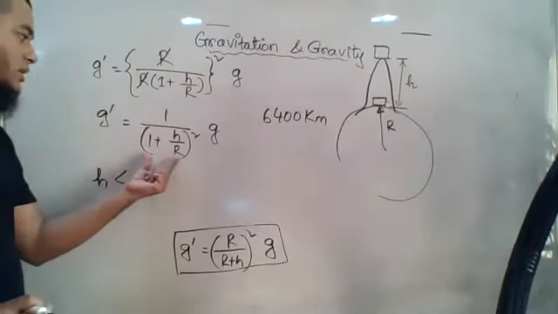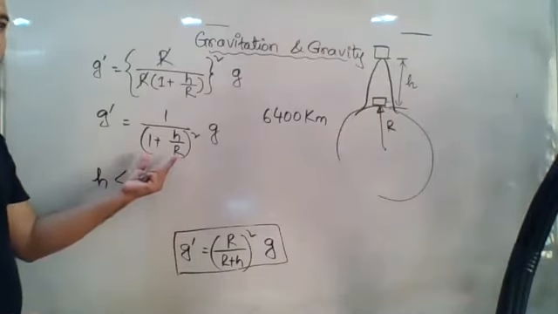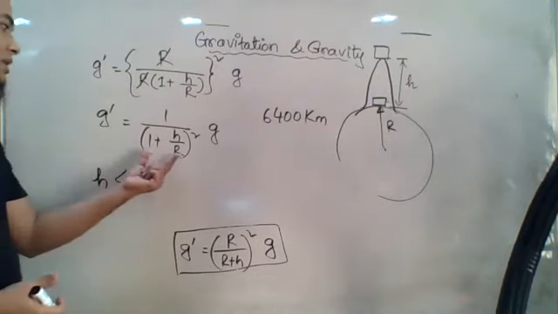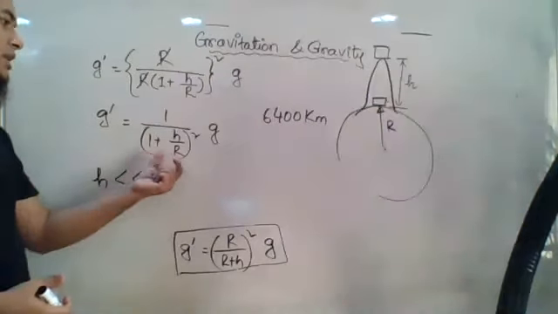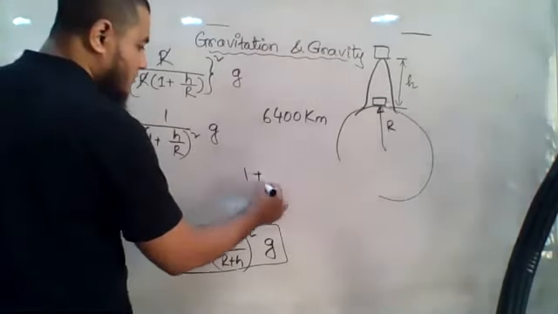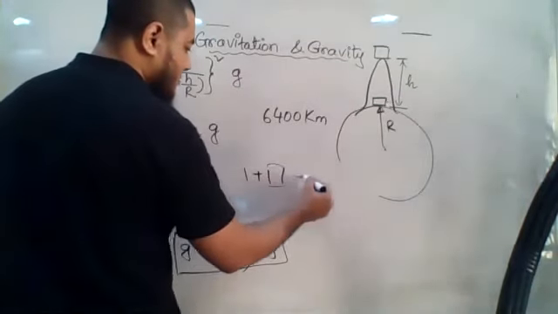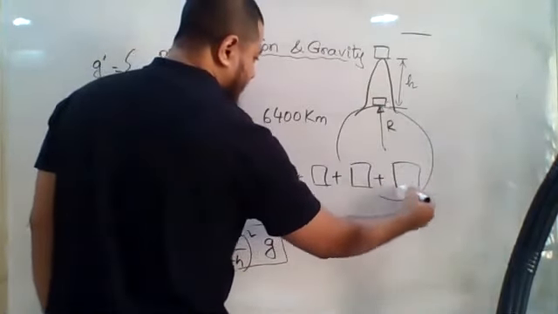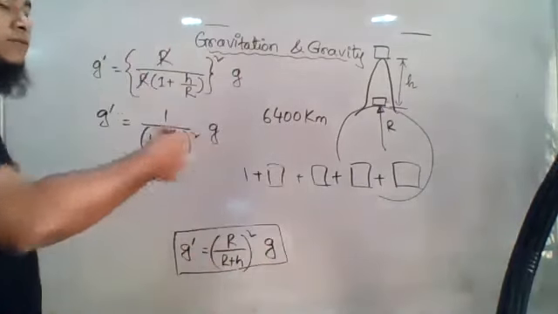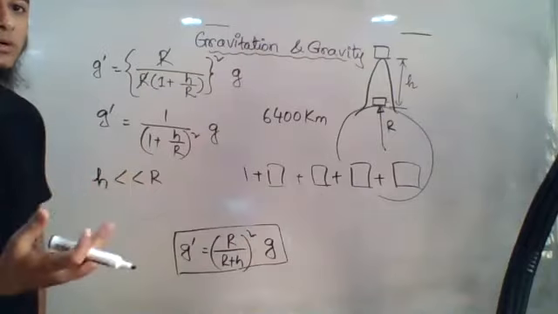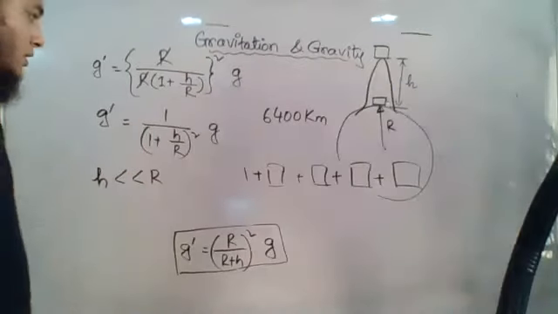So now the thing is, this is actually a binomial expression, right? If you remember, in grade 10 we studied that this is a binomial expression. So we can expand it using the binomial theorem, right? If we expand it using the binomial theorem, we know that the first term is going to be 1, and after that several terms are going to be there. I'm not showing the detailed calculation over here, but as you go forward, the terms will become smaller and smaller. Why will they become smaller and smaller?